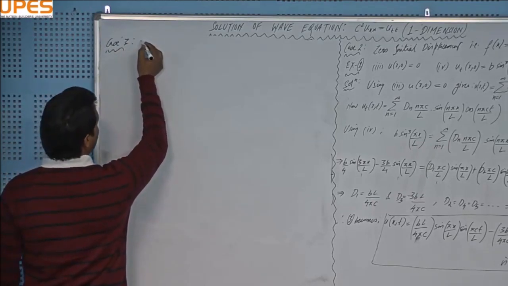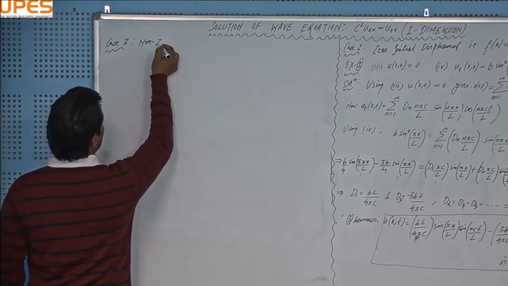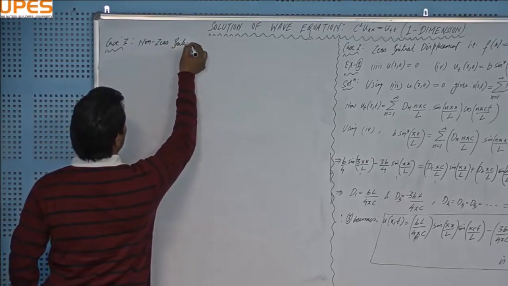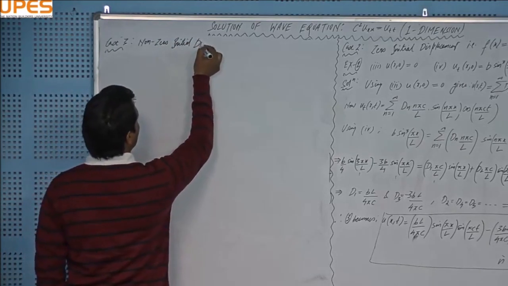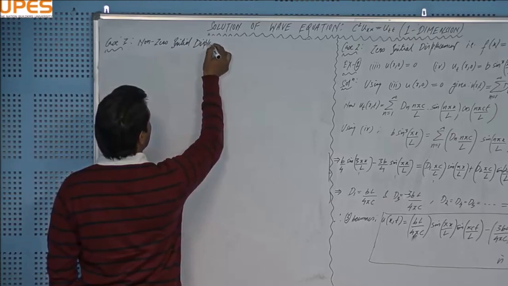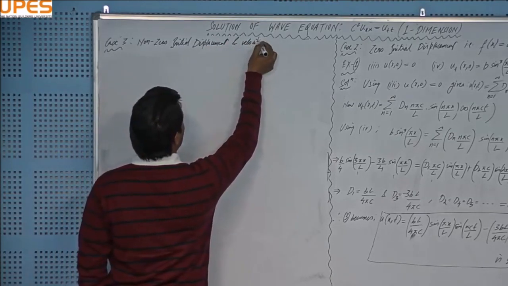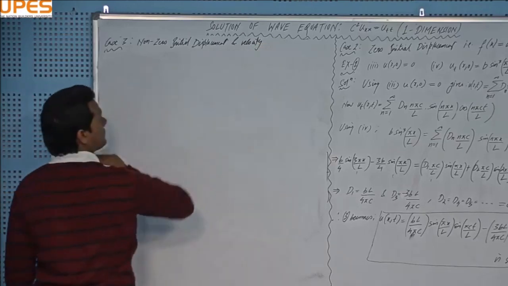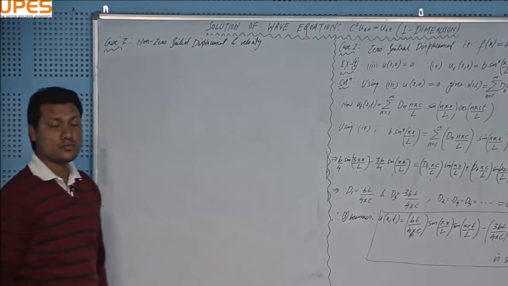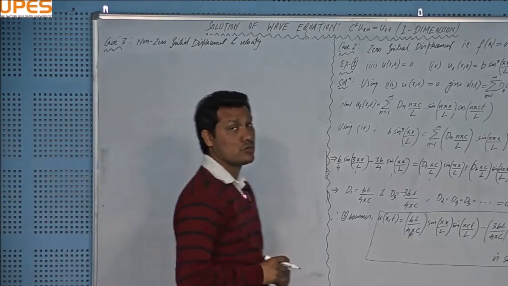Case 3 is non-zero initial displacement and velocity, right? Means displacement is also non-zero and velocity is also non-zero, and